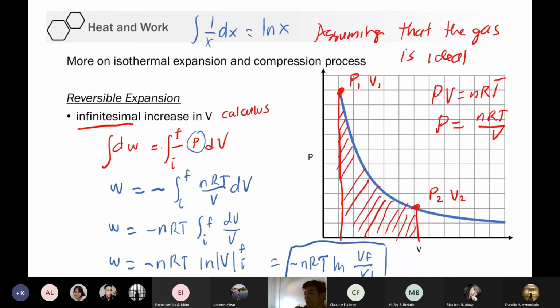Pag reversible expansion, negative nRT ln Vf over Vi, bakit naging ganon? Kasi we are getting the area under the curve, no? So, ibig sabihin, you have to integrate the area under the curve. Plug in mo yung ideal gas equation. Labas mo yung nRT kasi constant sila. So, you are left with 1 over V dV. And according to calculus, if you have that form, ln x yan, evaluate it from initial to final, you will